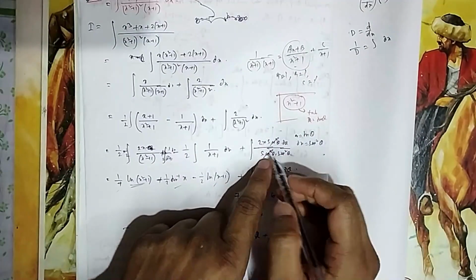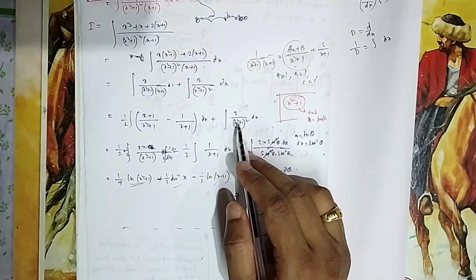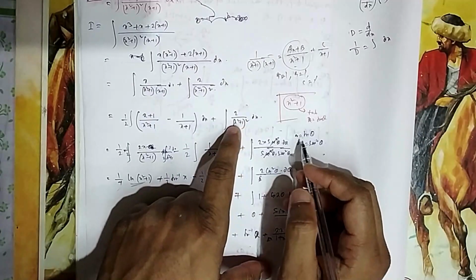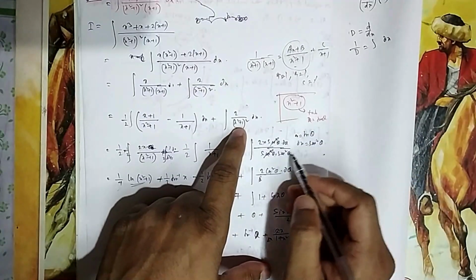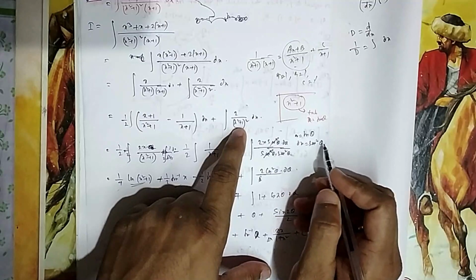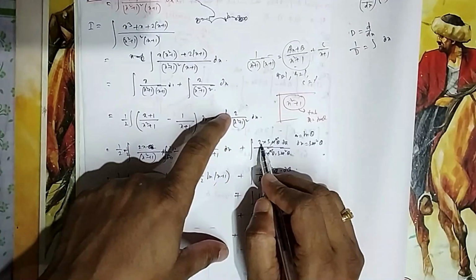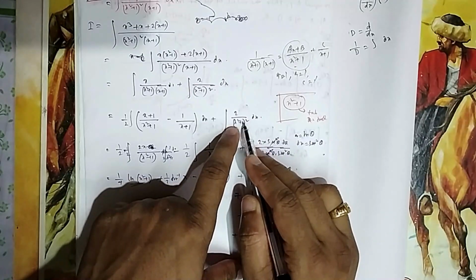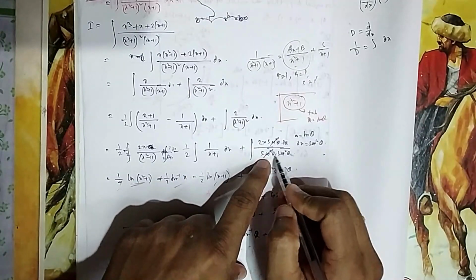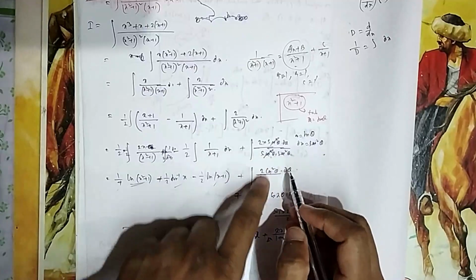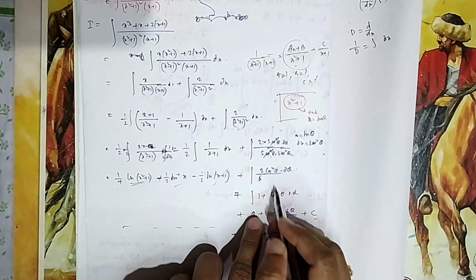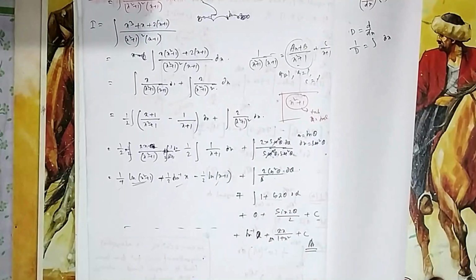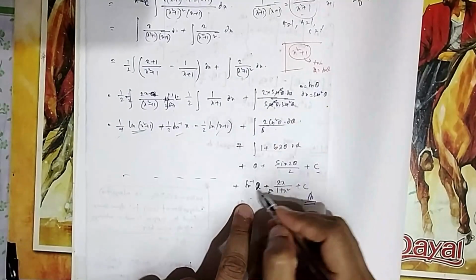Now if you come here, it is x square plus 1. In trigonometric substitution we have seen, if it is x square plus 1, generally we take x equal to tan theta, 1 plus tan square theta equal to sec square theta. So x is tan theta, then dx will be equal to sec square theta d theta, and 2 sec square theta d theta over x square plus 1 whole square, tan square plus 1 whole square. So it is sec square whole square. One sec square will get cancelled with this one. 2 by sec square will be 2 cos square. 2 cos square I can write as 1 plus cos 2 theta. So 1 is theta, cos 2 theta gives sin 2 theta by 2. And theta is nothing but tan inverse x.